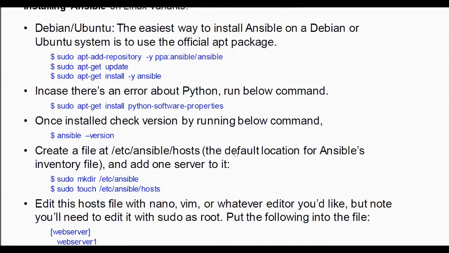But it has to be a Linux machine, and it cannot be anything other than that. But on the other side, the nodes that I want to manage can be of any operating system. It can, of course, be a network device like a router or switch as well. So there's a lot of flexibility in that sense.